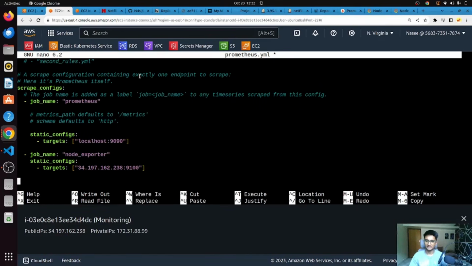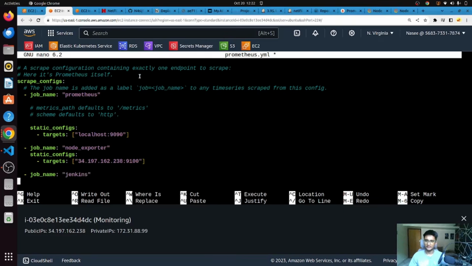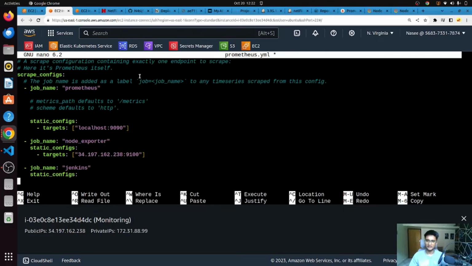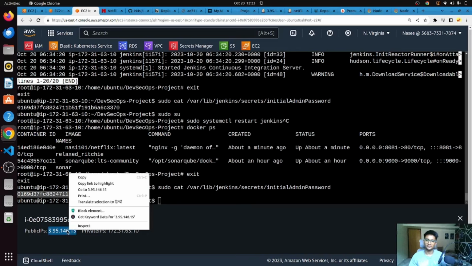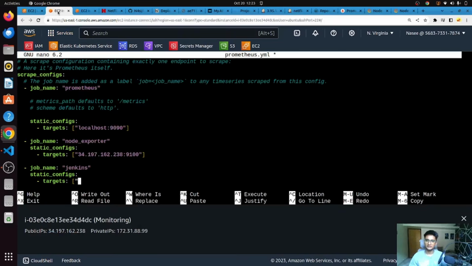So I'll press enter. Under job name, I'll say job. Make sure that the indentation is correct, or you can also check later on using promtool. But yeah, job name is going to be Jenkins. Then I'm going to put static_configs, and then targets. Targets is going to be the IP address of the Jenkins server along with the port, which is 8080. So I'm going to copy this, paste it here,